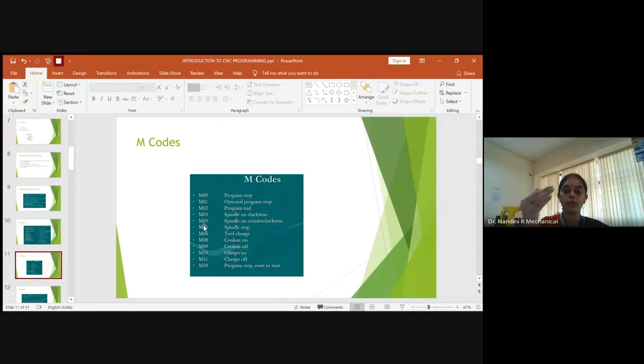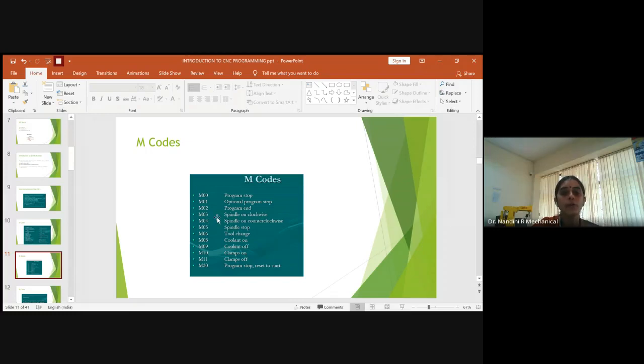Whenever you need, after completion of one operation, before going to the next operation, if you just type M01, it will ask for an option whether the program has to be stopped or not. At that time, if you click, the program gets stopped. If it is not needed, you can just provide a dwell time and it will go on to the next operation. So that option is also there, an optional program stop if needed, or an immediate program stop if needed. And then M02 will make the end of a program. The entire program, if it has a sub-program also, will by default come to the end.